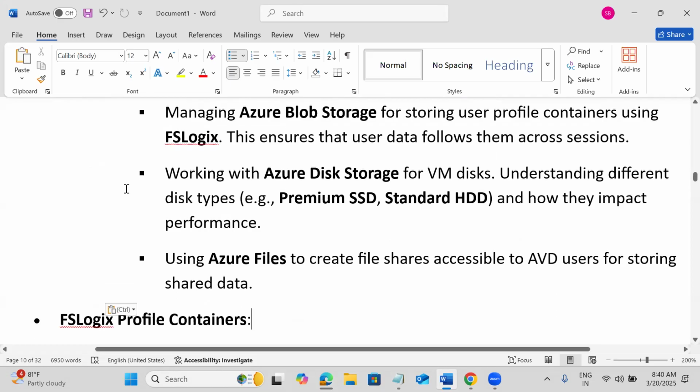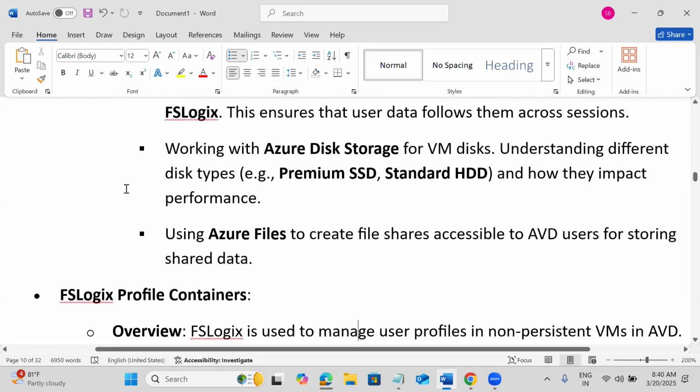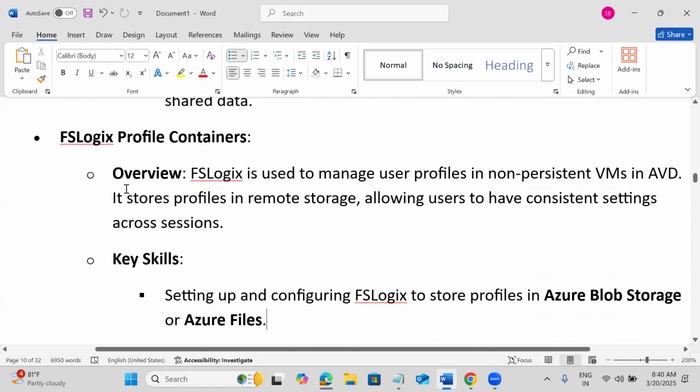Storage accounts also we require. For user profiles, the Microsoft solution now is FSLogix. FSLogix is getting more popular every day. Previously we had roaming profiles or similar tools, but now in the cloud, Azure provides FSLogix. We can even integrate FSLogix with Citrix also.